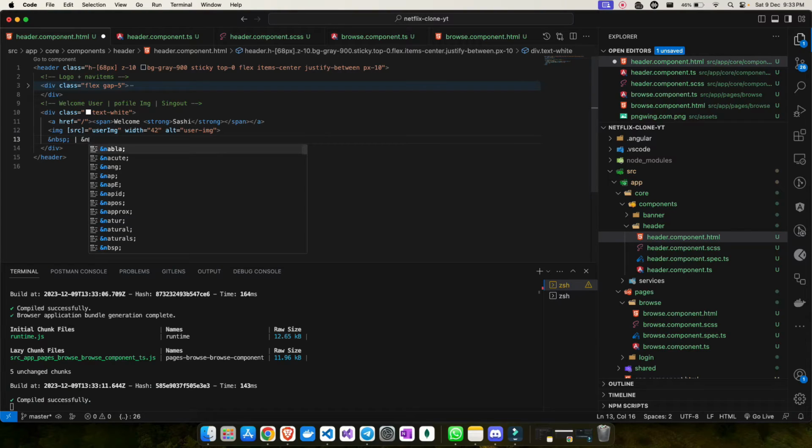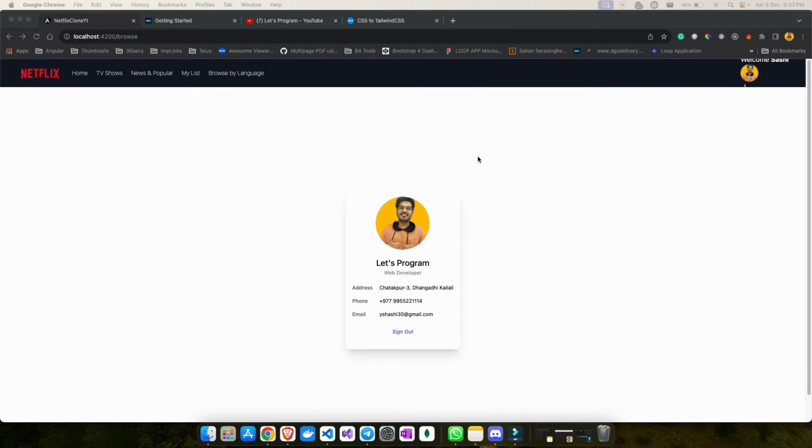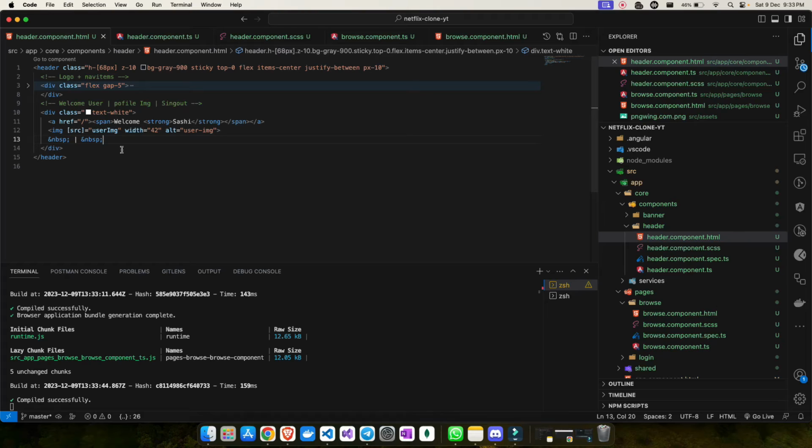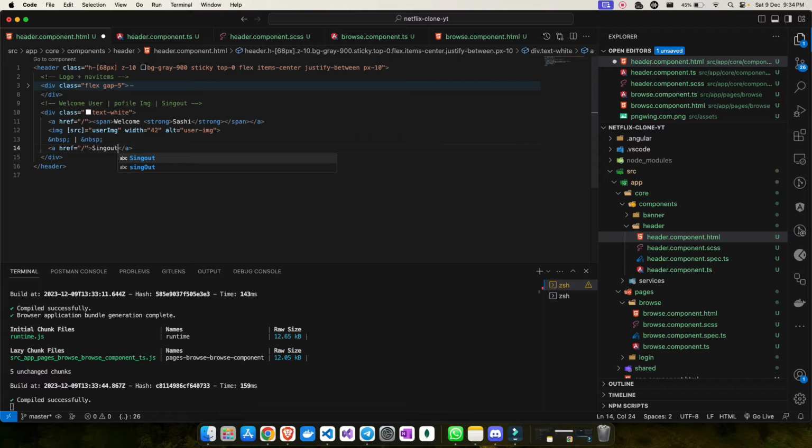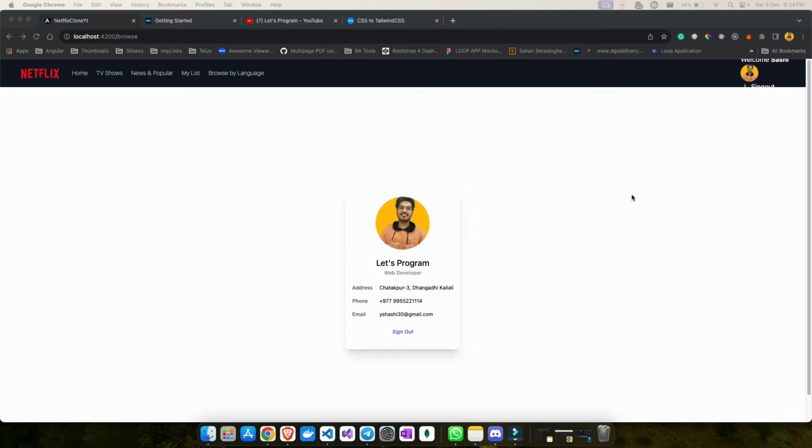Just wanted to showcase you something about the CSS, the HTML things. Okay, NBSP. So this basically adds a space. Okay, that's what it does. So if you go here and see, it will just add a space with the line. Okay, so we don't need to do this, we can still do without it also, but yeah, it's up to you. Okay, and then I can implement a sign out button with this as a blank at the moment, and this will be my sign out. Okay, something like this. Now what is the problem?